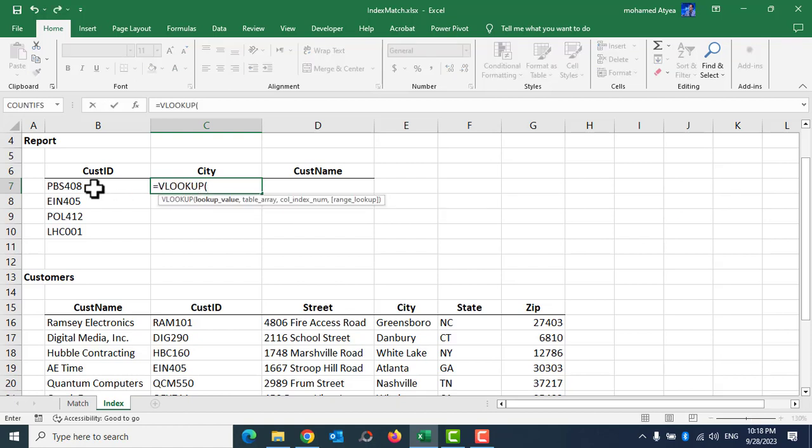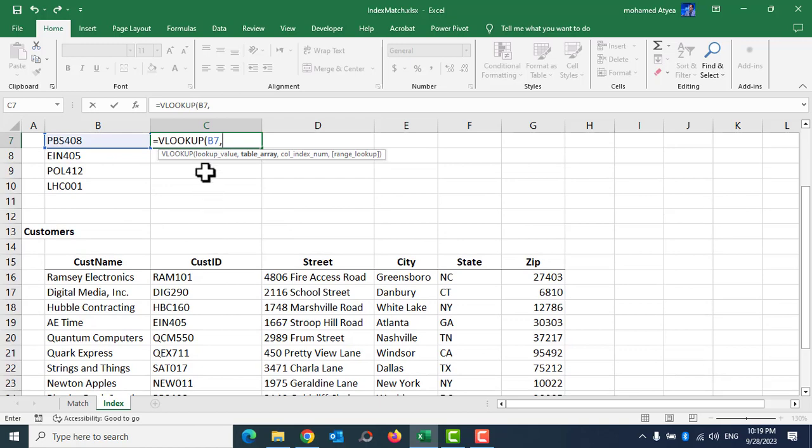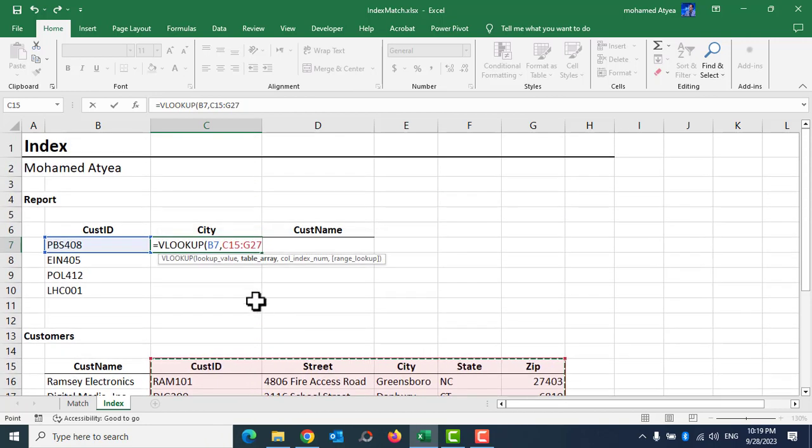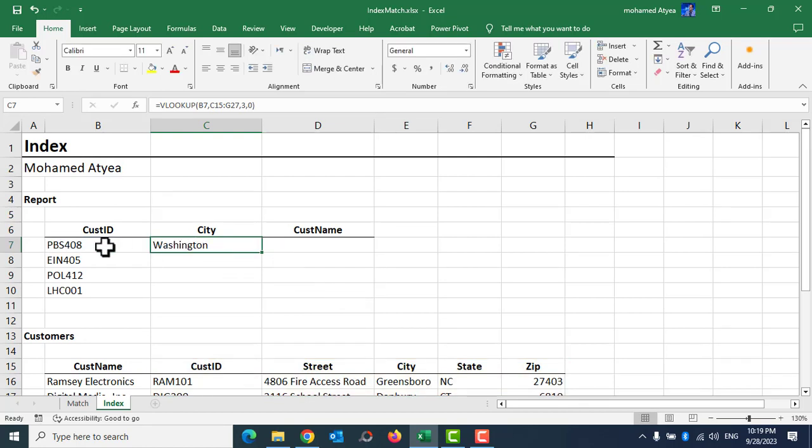good here. VLOOKUP, my lookup value is the customer ID, and I put comma, and the table array starting from the lookup value, which means the table array must start from the customer ID column, and comma, which column index number has the return values that I need. I need the city. C is in column 3, 1, 2, 3, so I put 3, comma, and 0 for exact match. Now it's easy to get the city for every customer ID that you need, but if I need